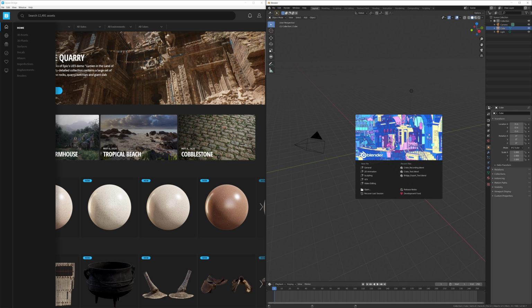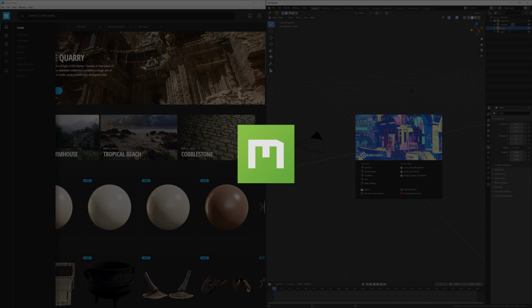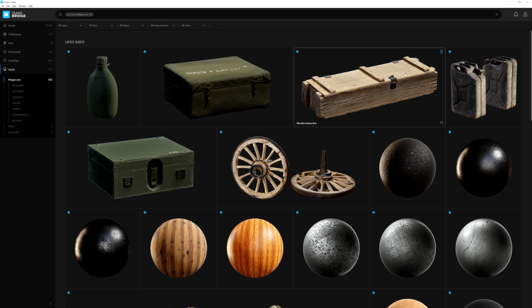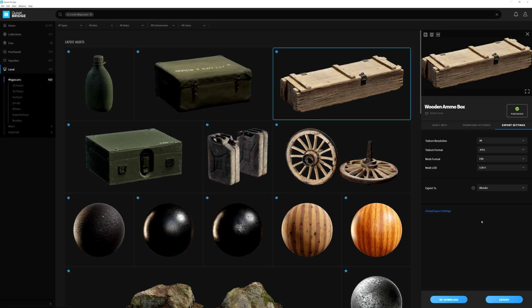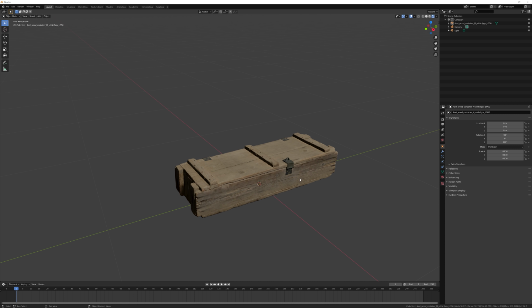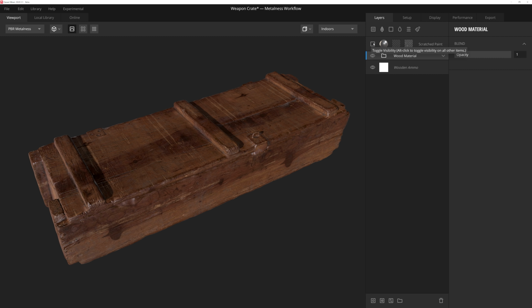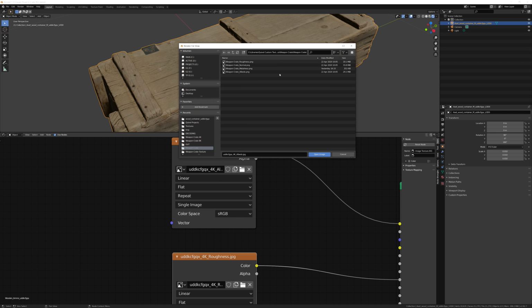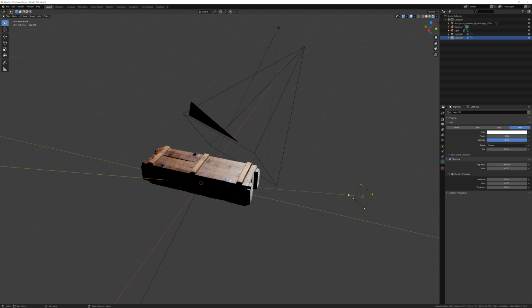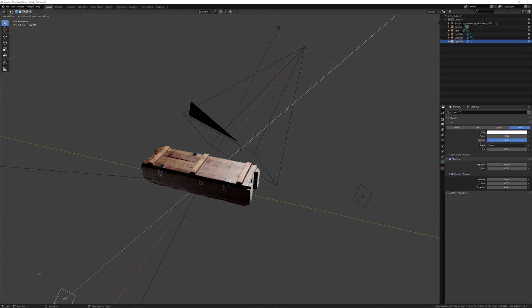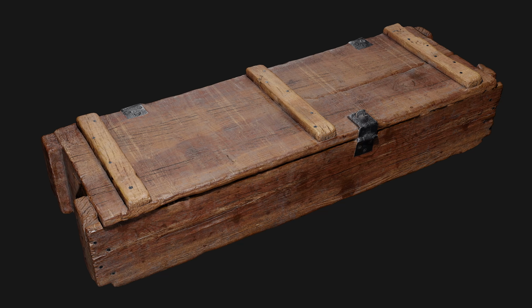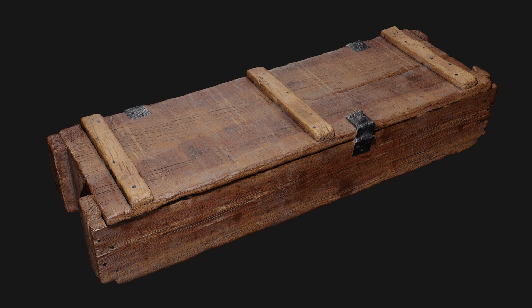In this video, I'll be showing you how to work with Megascan's assets inside Blender. Step by step, we'll be going through the Blender integration process so we can export an asset from Bridge into Blender within seconds. Then we'll import a retextured version of that asset from Mixer, and lastly, we'll set up our lighting within Blender's Eevee real-time engine for our final result. So let's jump right into it and get started.